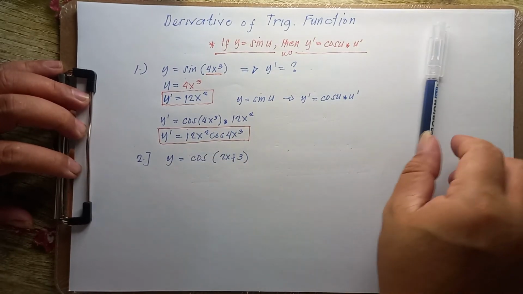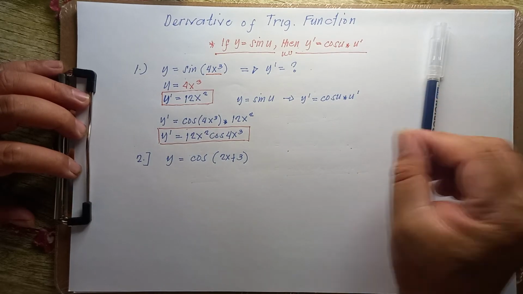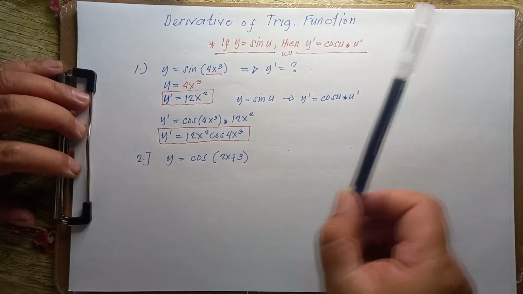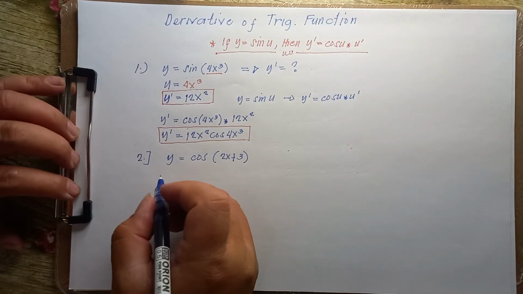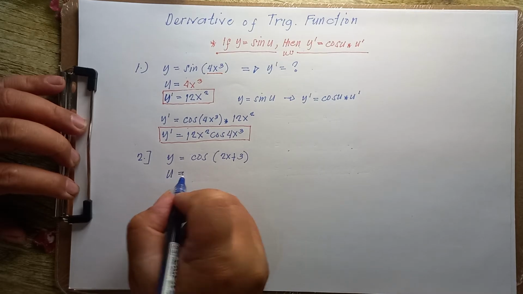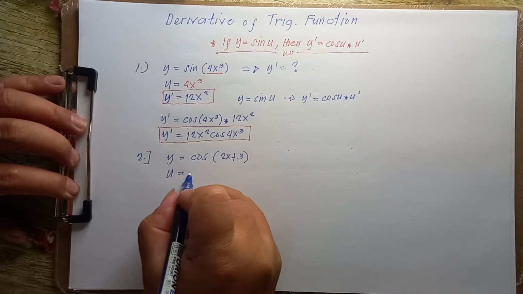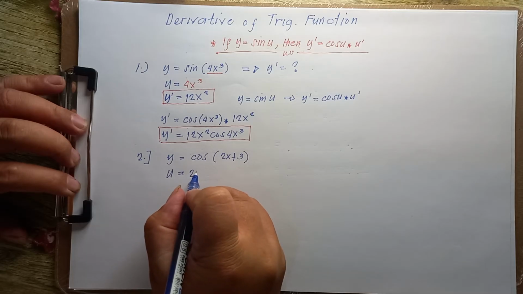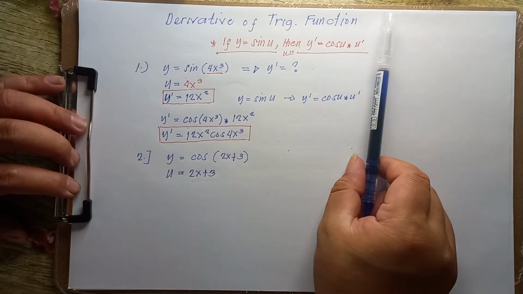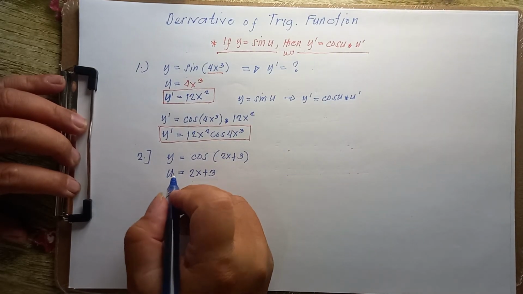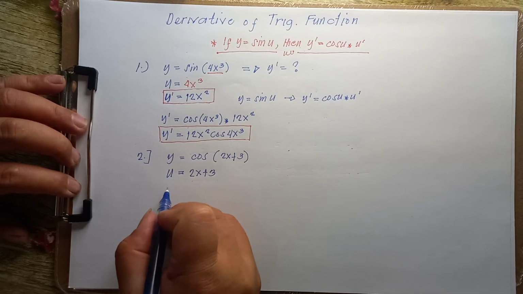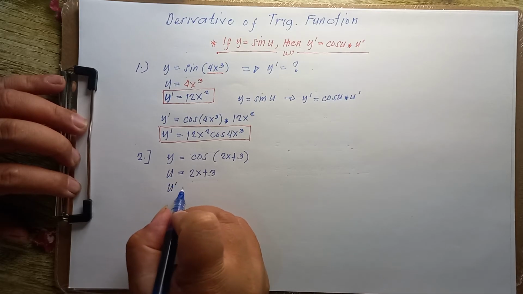Now, we have in here y is equal to cosine the quantity 2x plus 3. How are we going to solve for this one? Again, before we solve that one, identify the u. What is our u? Our u is actually 2x plus 3. So that is our u. Now after that one, we get the